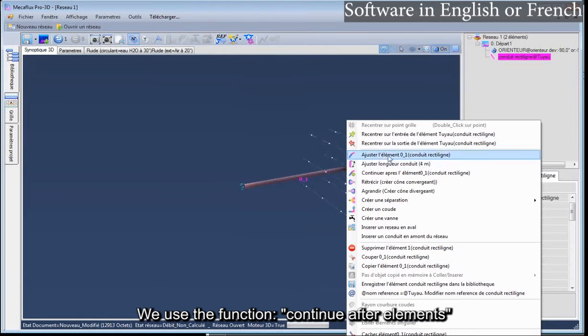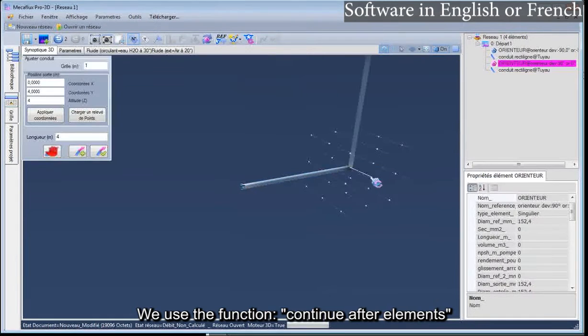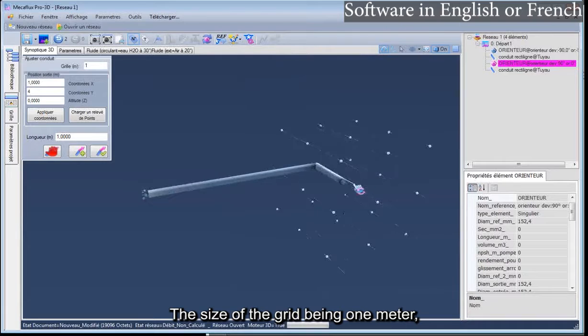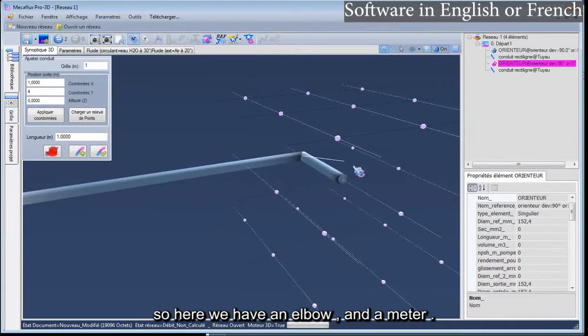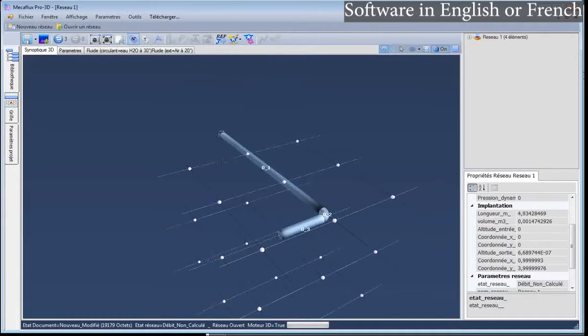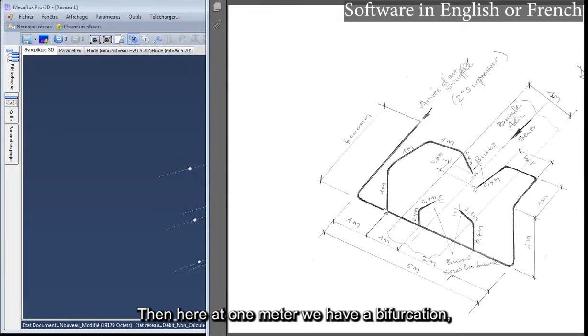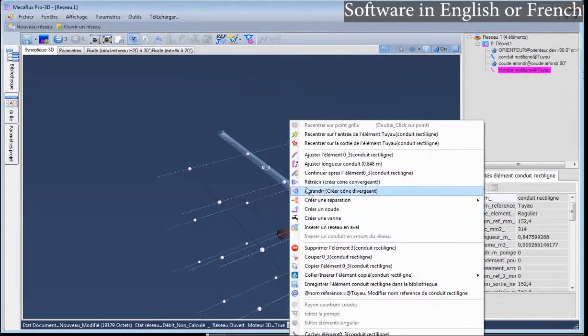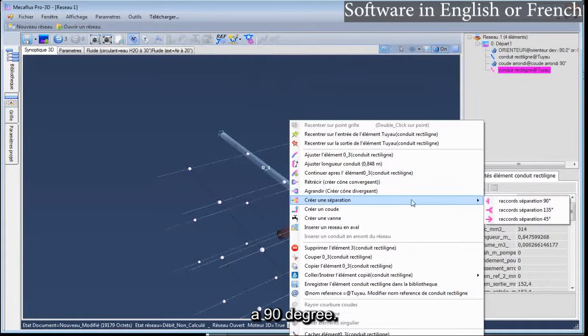We use the function continue after elements, the size of the grid being 1 meter. So here we have an elbow and a meter. Then here at 1 meter we have a bifurcation. So we are going to insert a bifurcation, a 90 degrees.